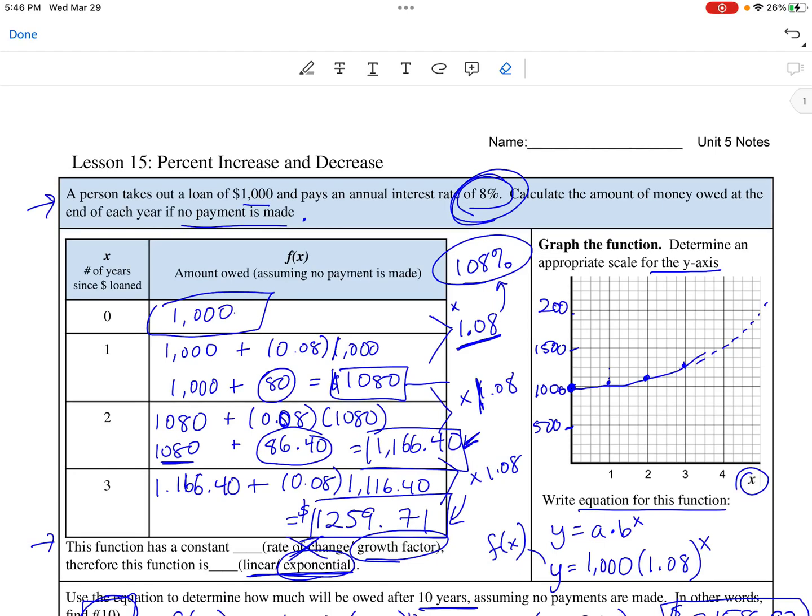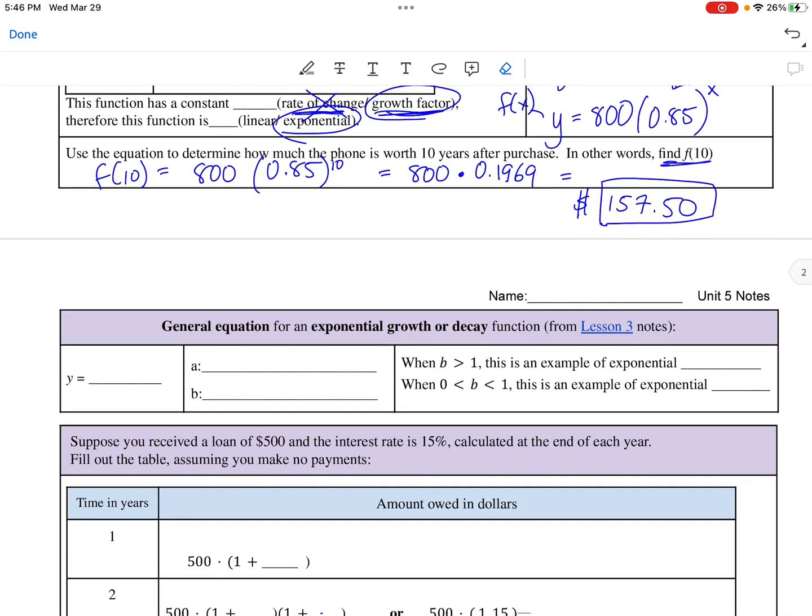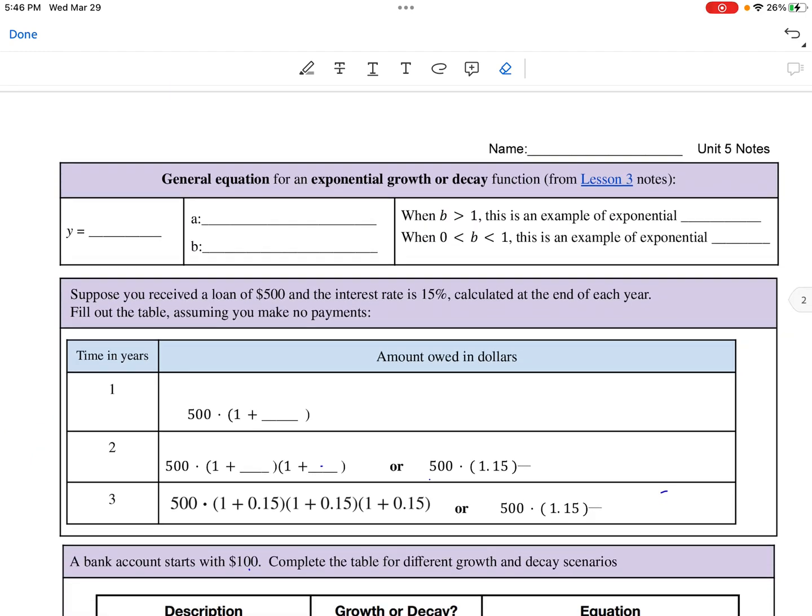Okay, lesson 15, part B. We've done part A, page 1. Now we're going to do page 2. So the top of page 2, we have the